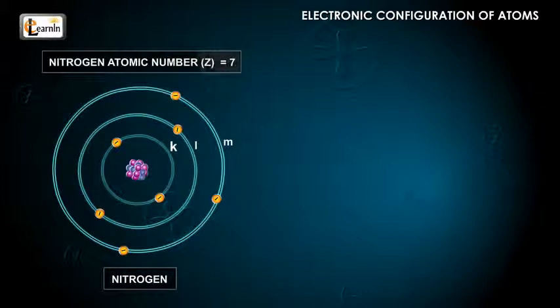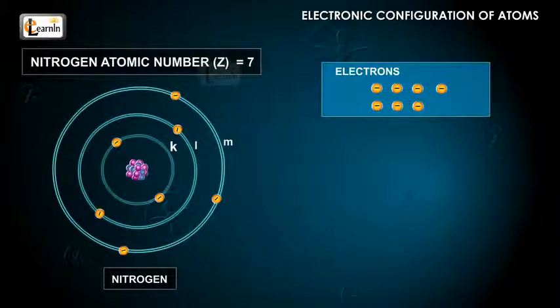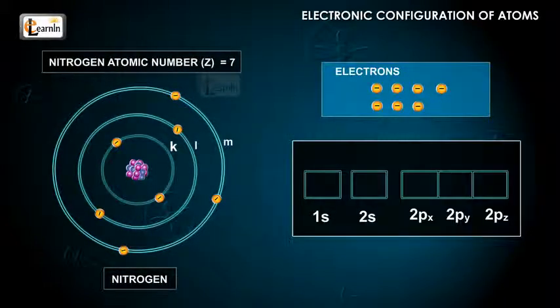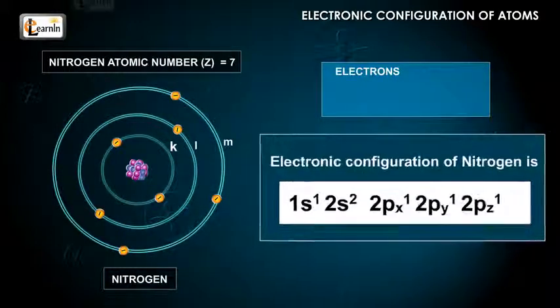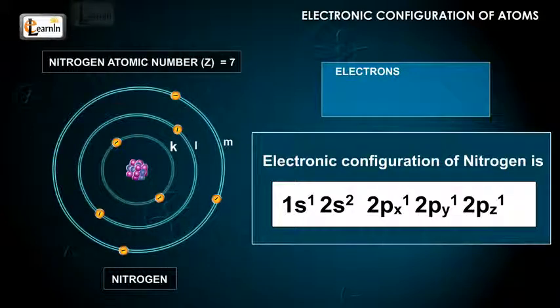Let's consider the nitrogen atom. It has 7 electrons. The first 6 electrons have the same arrangement as that of carbon, which is 1s2, 2s2, 2px1, 2py1. The 7th electron will enter only 2pz, but cannot enter into 2px or 2py. This configuration is 1s2, 2s2,